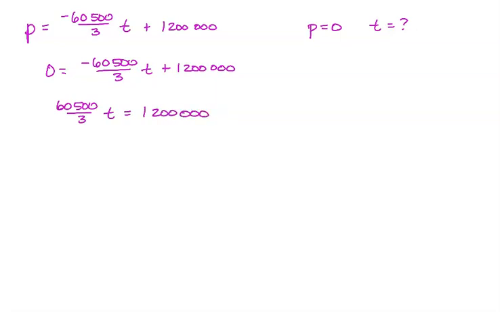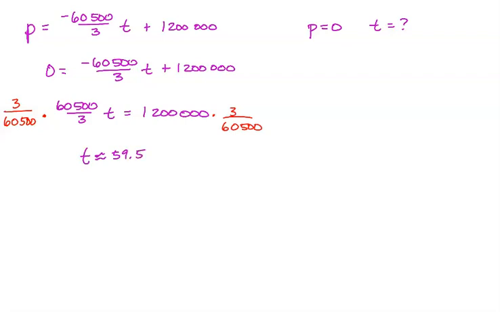So we're trying to solve for t, and there are a couple of ways you could think about doing this. You can think about dividing both sides by that fraction. Since it's a fraction, you could also multiply by the reciprocal. So if we multiply both sides by 3 over 60,500, definitely let your calculator do that simplifying on the right-hand side for you here. And we get that t is approximately